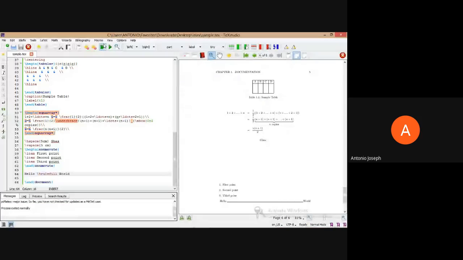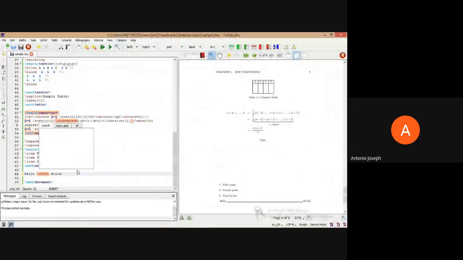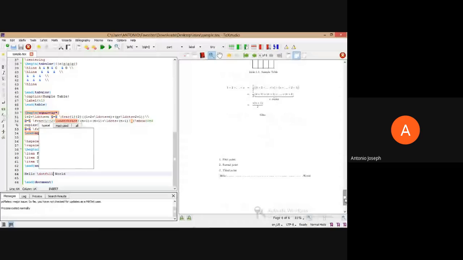So similarly, we can provide dot also. Dotfill. See. So this is how we are putting the things using this horizontal fill, dotfill, and hrulefill.